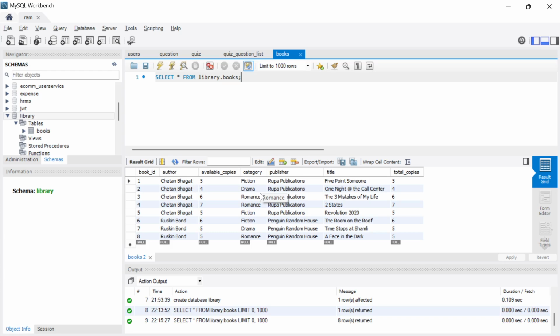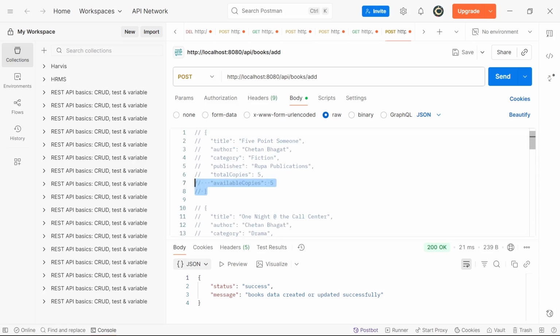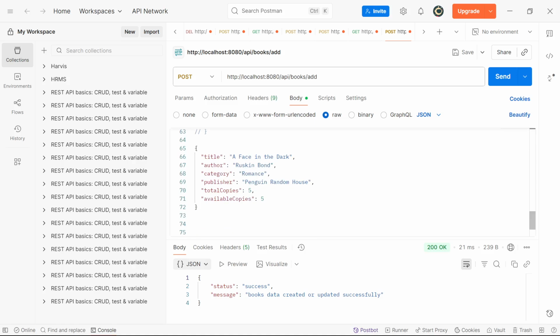So basically, I'm creating different authors and categories based on fiction, drama, romance, fiction. So I'm going to create our API as well. We can create APIs like search, find by category, find by author, this kind of thing. That's why I'm creating so much data. And then in the update also, for example, in this one,